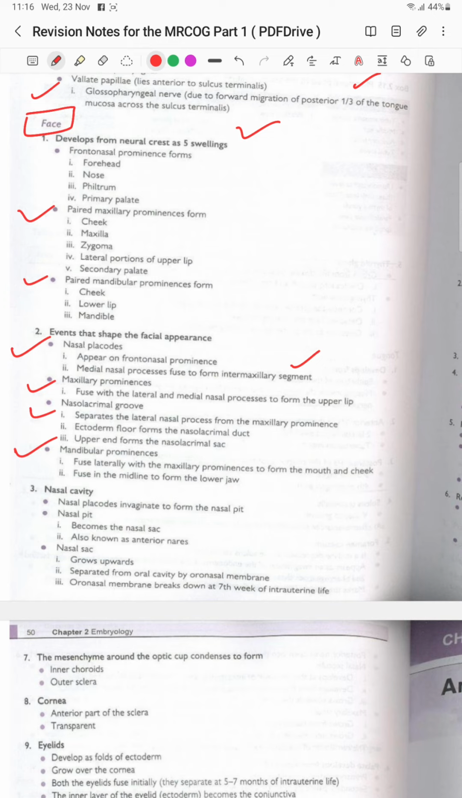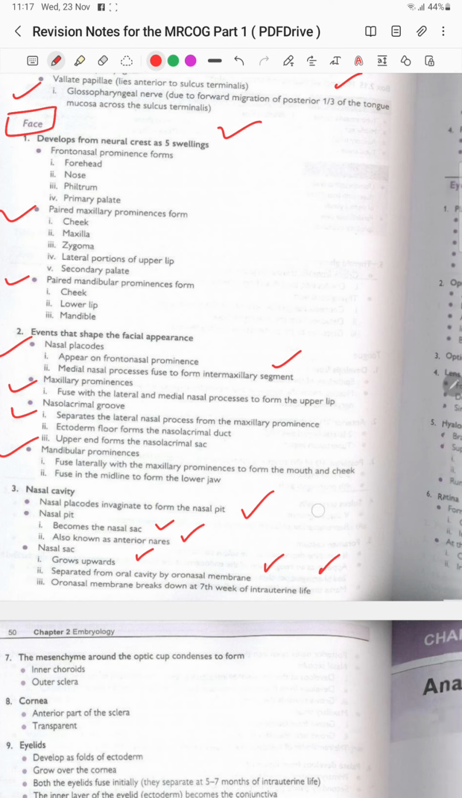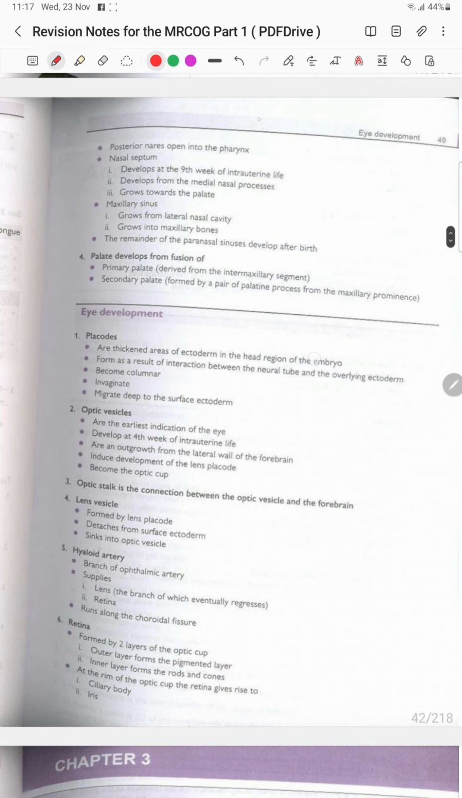The nasal placode invaginates to form the nasal pit, and the nasal pit becomes the nasal sac, also known as the anterior nares. The nasal sacs grow upwards and are separated from the oral cavity by the oronasal membrane. The oronasal membranes break down at 7 weeks of intrauterine life, and the posterior nares open into the pharynx. The nasal septum develops at 9 weeks of intrauterine life,